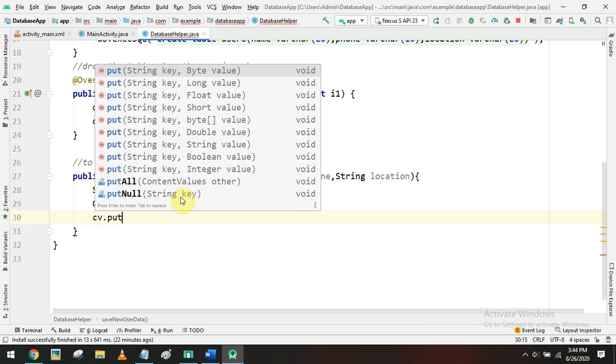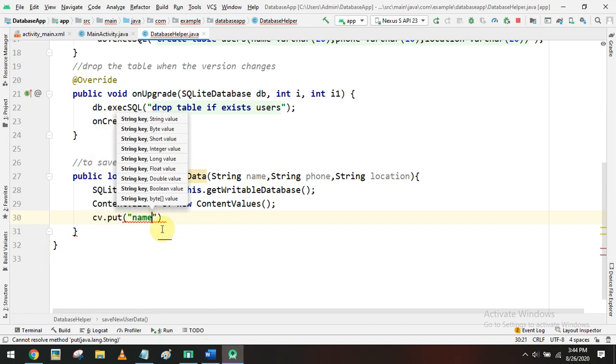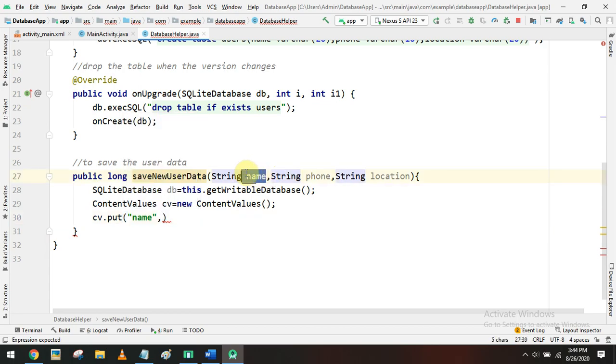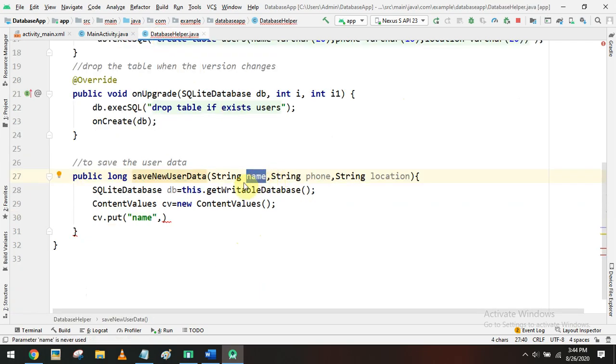We have to call the put function, and the key must be equal to the column name. The first column name is name, and the value we can get from this parameter. Since you are passing the person name here, that will be copied to this parameter, and from that parameter we can take the name data.